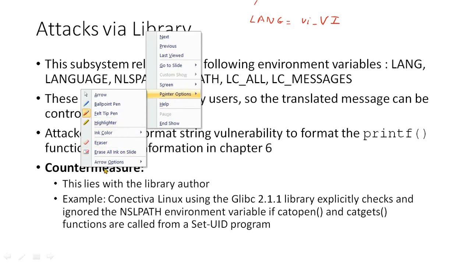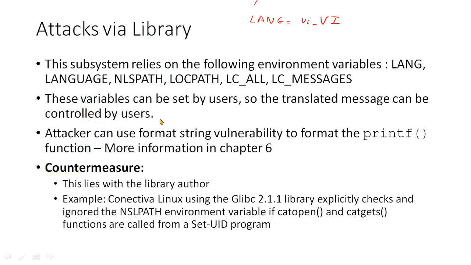Okay, that's good, because we have a program where we can change the parameters, variables, and environment variables here, and have the display in different languages specified by the user. So that means the user can specify the language, and when the user runs the program, they have the display message in their own language. That is good, right? But the problem is that attackers can create a very different translation of the